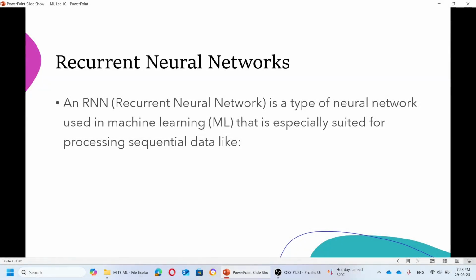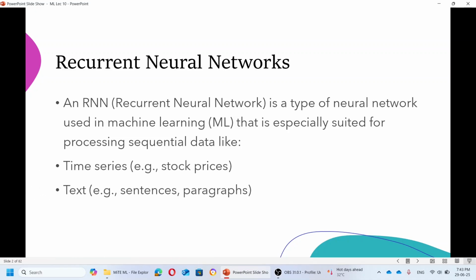Now we will learn how recurrent neural networks work. An RNN, recurrent neural network, is a type of neural network used in machine learning that is especially suited for processing sequential data like time series, text, and audio. So RNN is more suitable for continuous type of data where we have time series